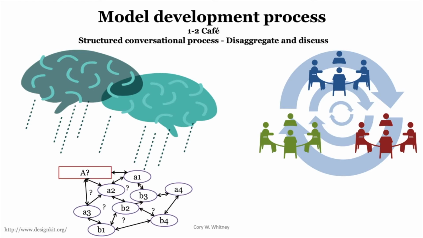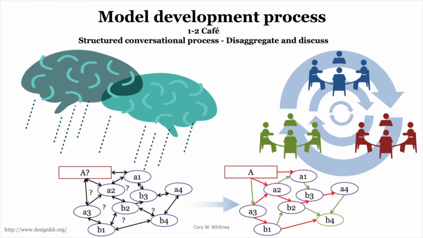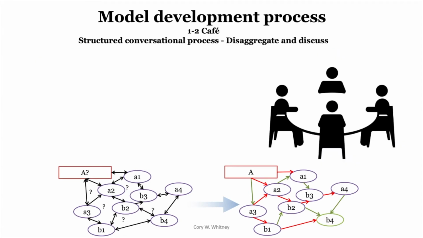So we get from this, you'll remember from the previous video, from this complex but rather messy, holistic understanding of the process to something that's hopefully a bit more like a directed acyclic graph, or a graph that shows us really which variables interact and how they affect each other. What's our decision variable and what's our expected outcome, and how are these various factors expected to influence that process.